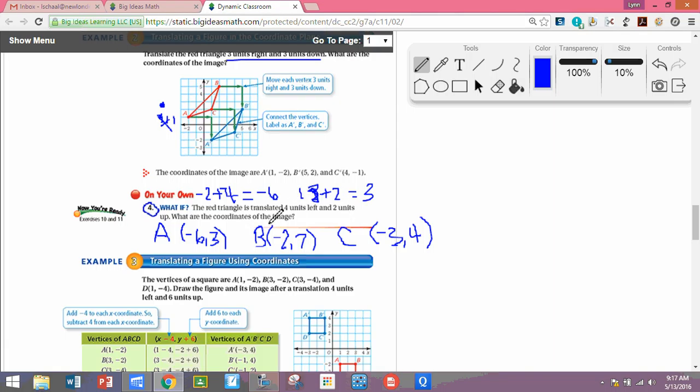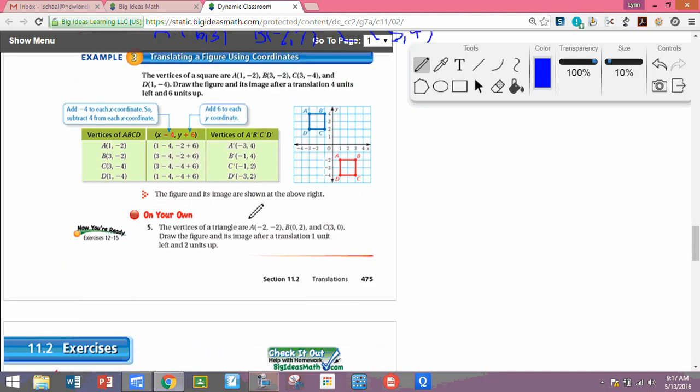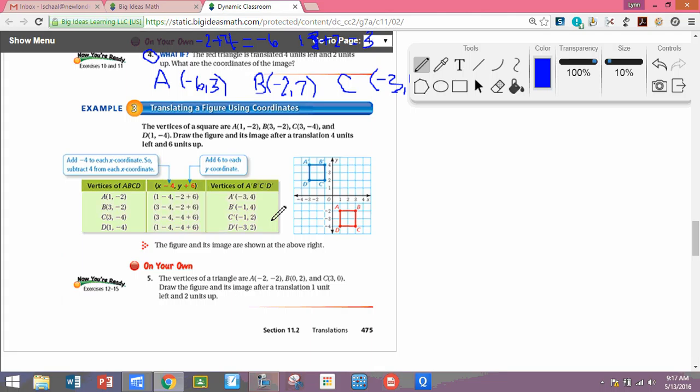So that's how I did it mathematically. Again, it doesn't make a difference which way you do it, as long as the method you choose works best for you and you're getting the correct answer. If you're choosing a method and you're not getting the right answer, then you need to try a new method or figure out where you're making your mistakes. Number 3 is how they show what I just did in that example